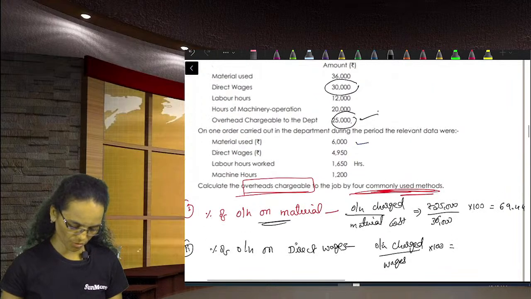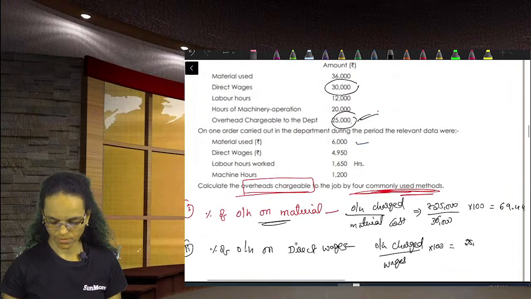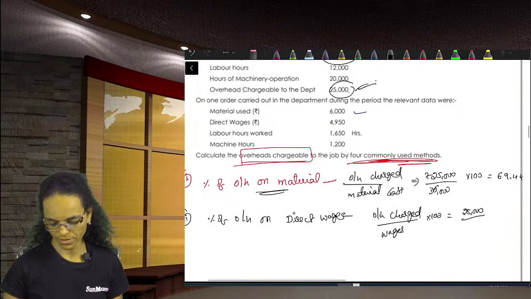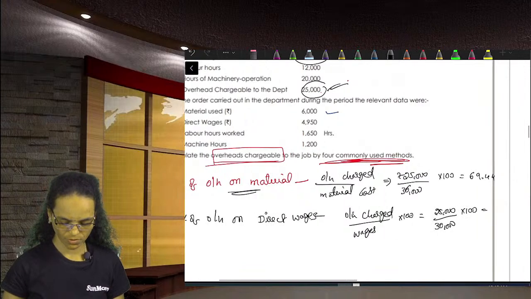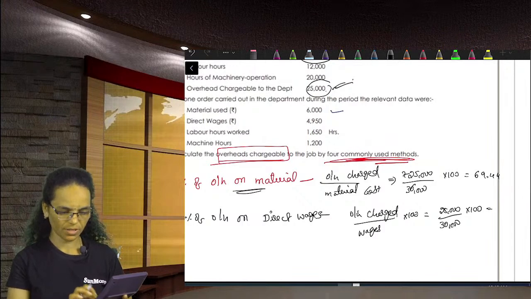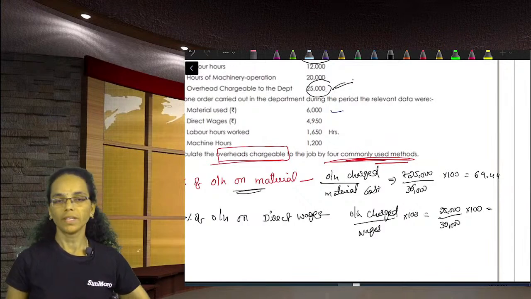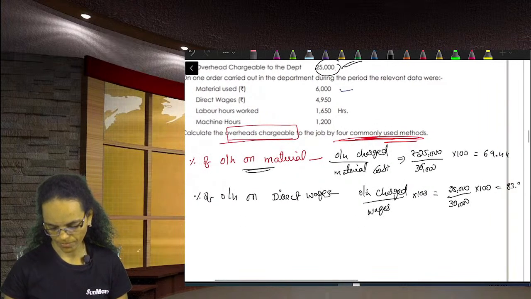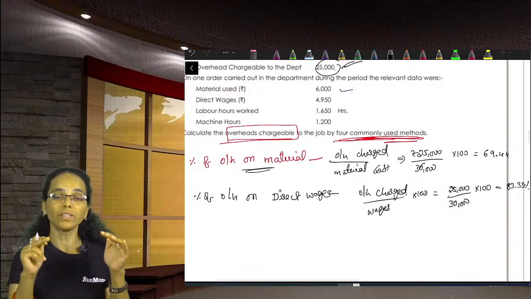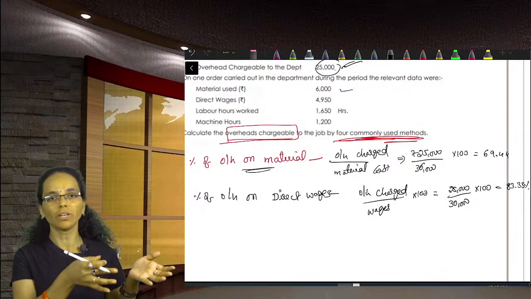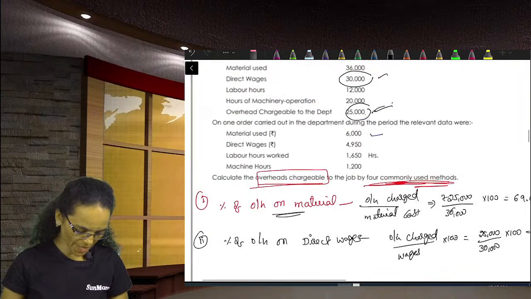So overhead charge 25,000 divided by 30,000, the labor cost or wages, into 100 percentage, that is 83.33 percentage. Means 83.33 percentage of the labor cost will be the overhead cost we need to charge to the particular job. Okay. Next one,